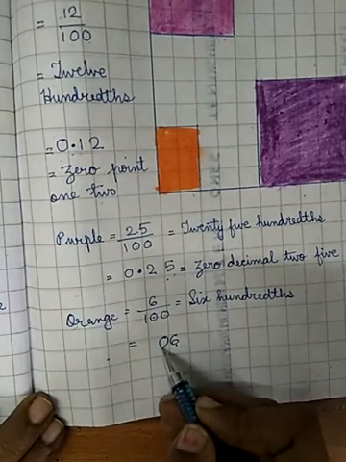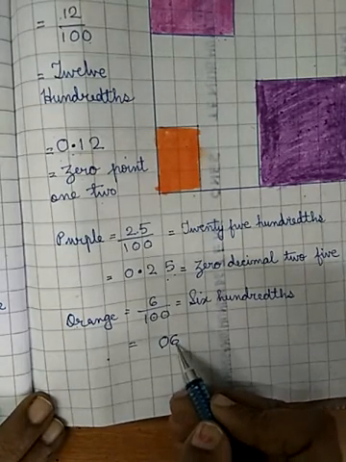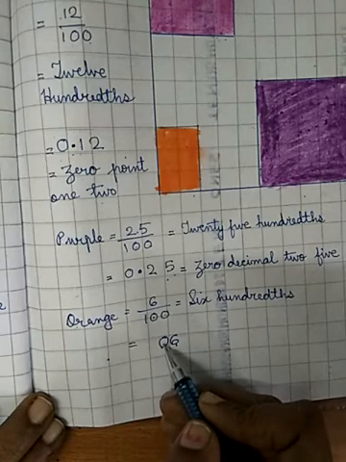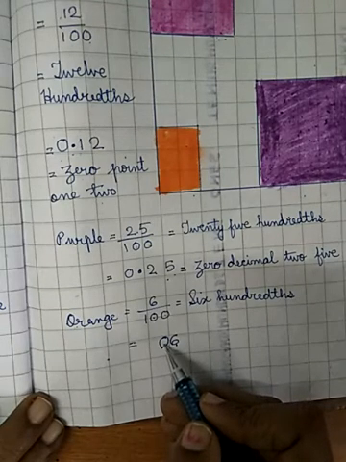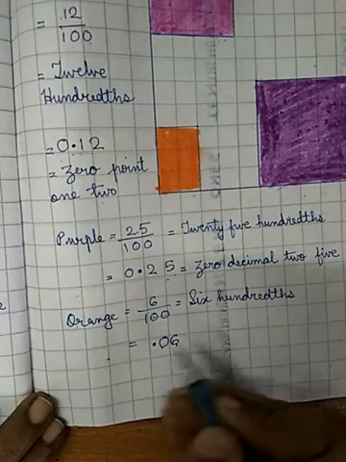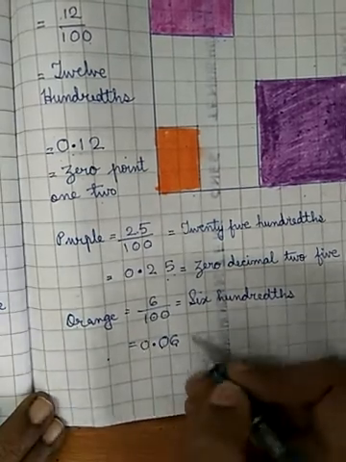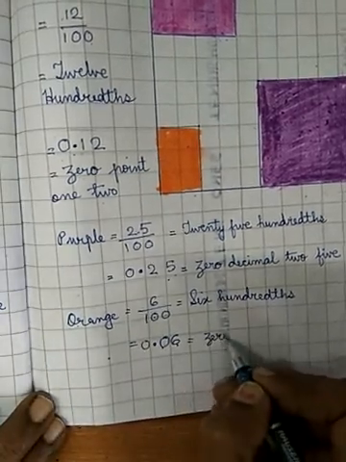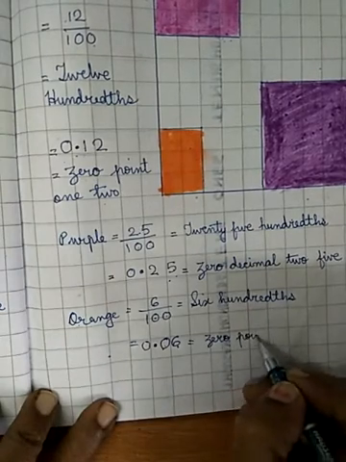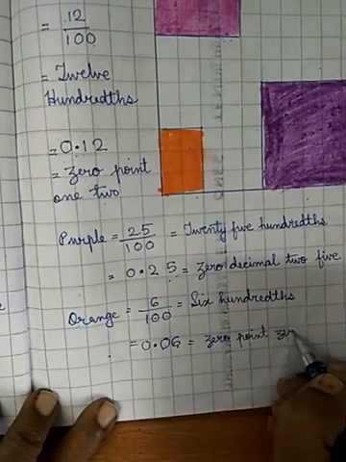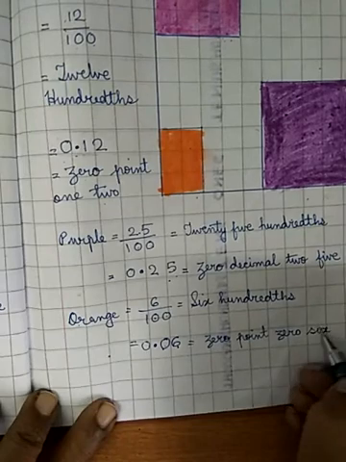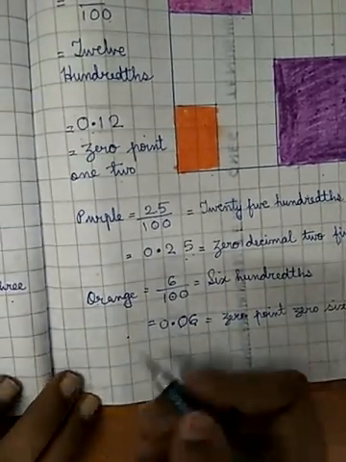Remember, the 0 should come on the left side. Okay. 6. So I have put a 0 on my own because I did not have 2 digits. And I will put a point here. Before the point, you can put a 0. So my answer becomes 0.06. Okay, let us see one more like this.